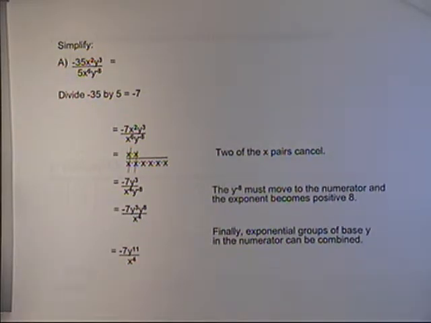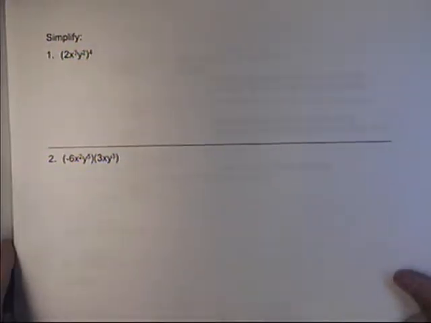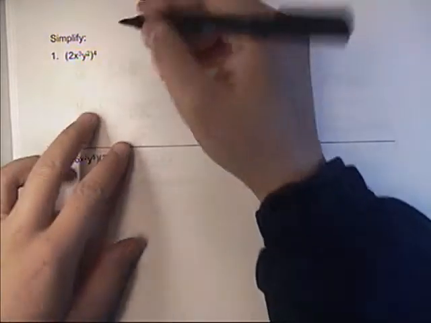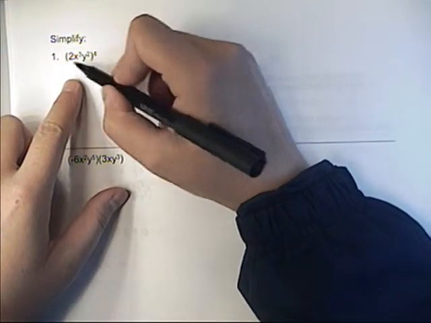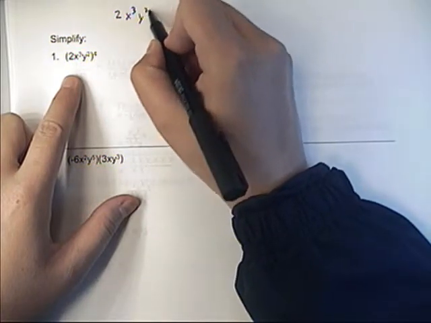Here's a more complicated example. Let's do some of our own. Okay, if I want to simplify 2x to the 3rd y squared all raised to the 4th power, that means there are 4 of these. So I'm going to write that out. 2x to the 3rd y to the 2nd,